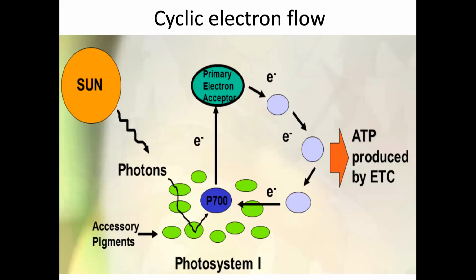Under most circumstances, electrons through PS1 follow a non-cyclic path from plastocyanin to pyridoxine and then to reduction of other compounds, including NADP. However, under some conditions, electrons from PS1 are recycled via cytochrome B6F complex. This cyclic pathway around PS1 is independent of PS2 and increases the level of ATP synthesis relative to that of NADPH, thus permitting a cell to adjust the production of these 2 chemicals according to its need. Thus, the physiology of a cell dictates the importance of cyclic electron transport to the energy metabolism.